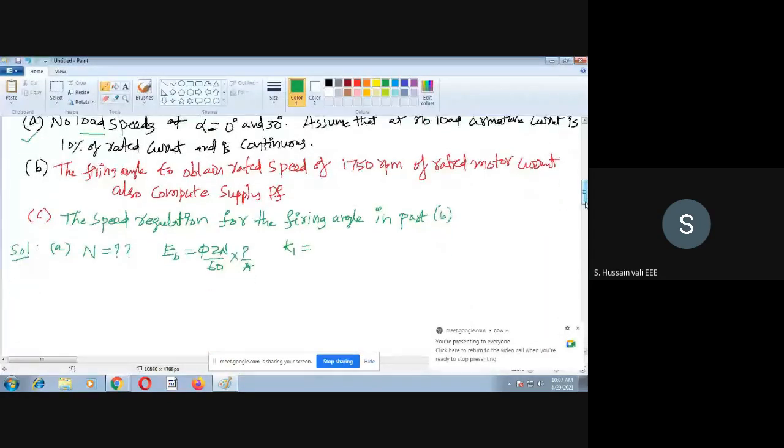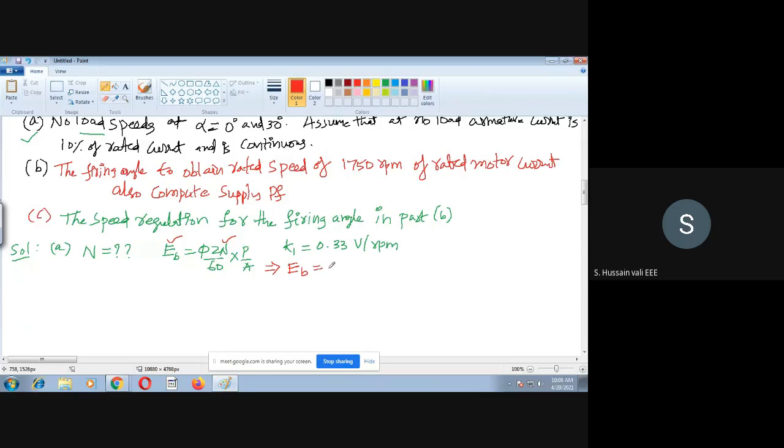You see the unit here: 0.33 volt per RPM. V is the voltage, RPM is the speed n. So he has given the unit in terms of EB and n. Remaining all are constants. So I can write EB